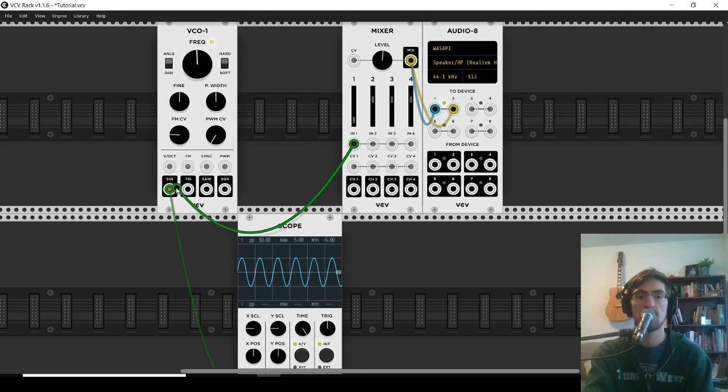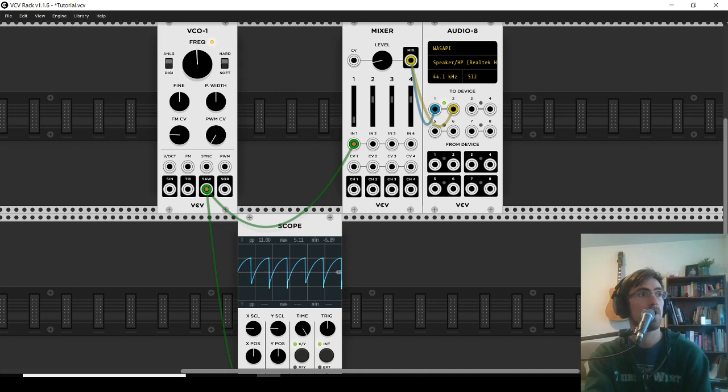The sine wave that we started with has the smoothest, most gentle sound. And as we get to more drastic changes in voltage, it gets to be a harsher tone. I'm changing the volume as I go. The sawtooth wave, even harsher. Let me turn it down some more. And then the square tooth, or the square wave,